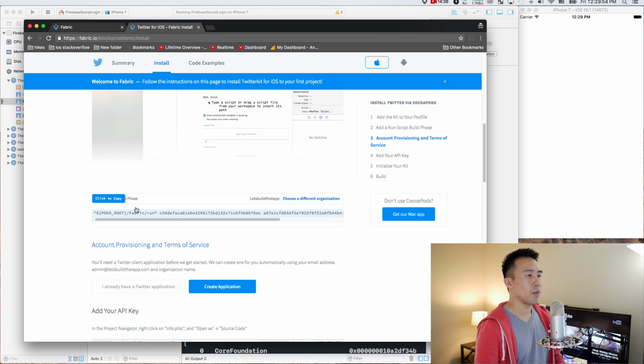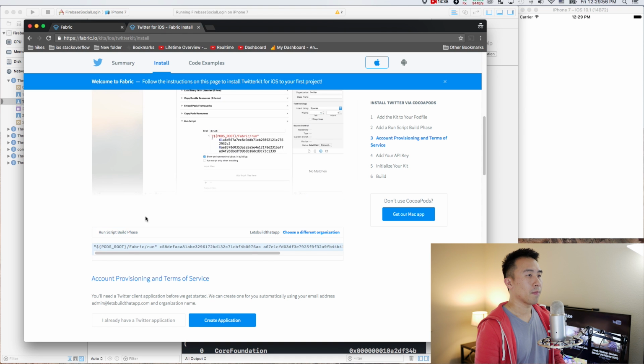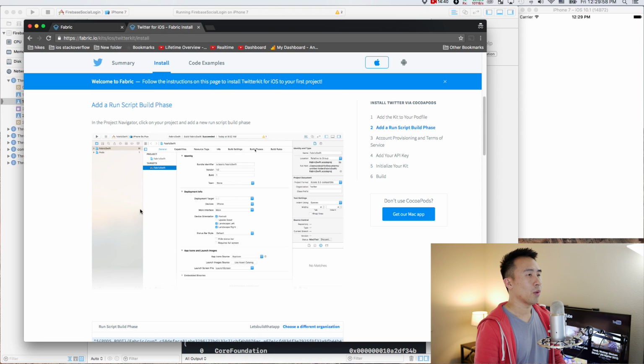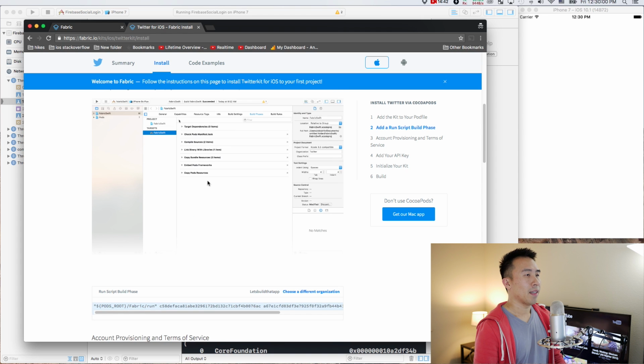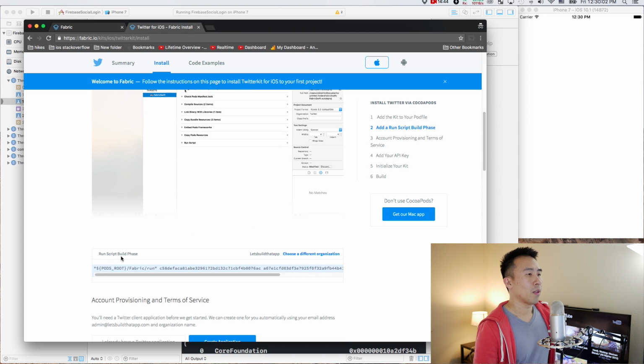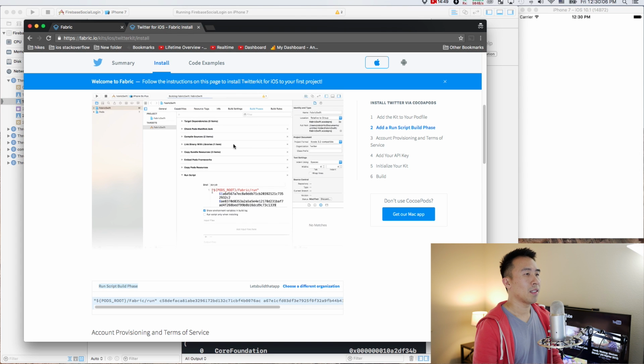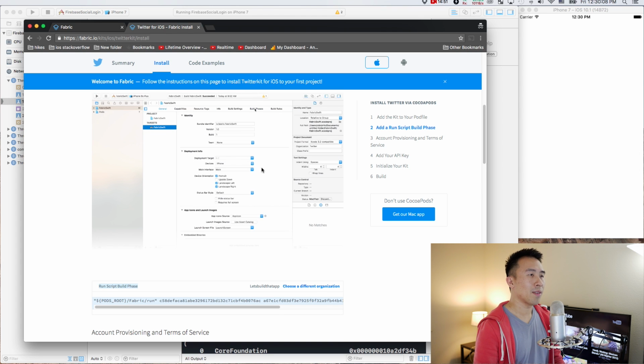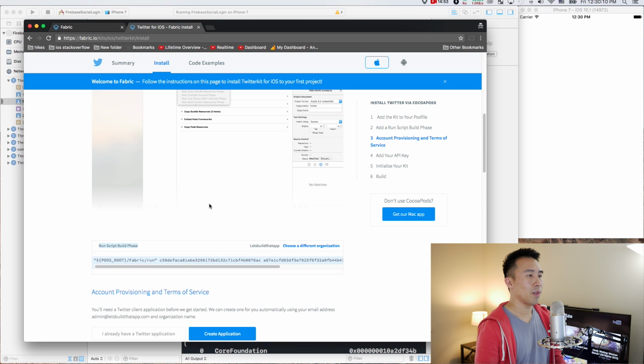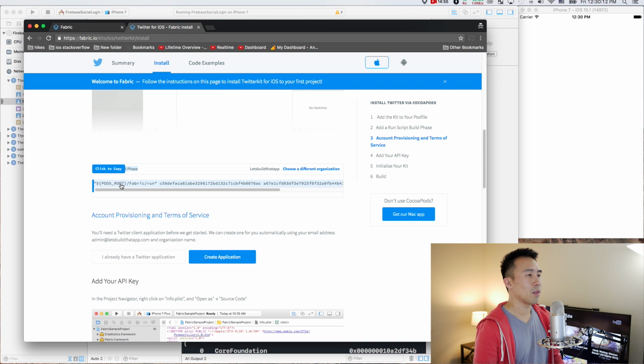It tells you what you need to copy into your project right here. So run the script build phase. Let's take a look at this right here. So you see this little GIF that Twitter is showing you right there. You need to click to copy this piece of code, and inside of